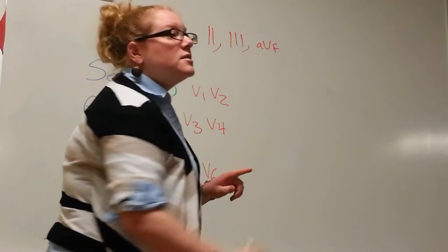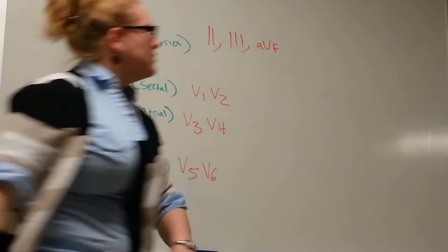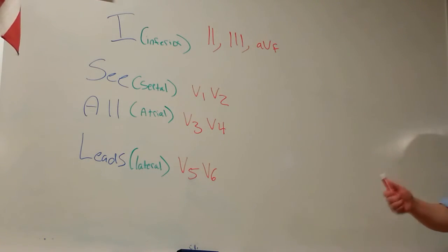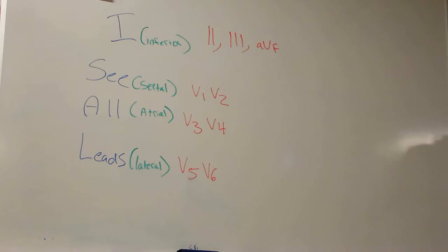All right, this is a very quick and easy way to remember. Damn it. This is a very quick and easy way. That government, right? I know, right? Always keeping me down. But again, this is a really quick and easy way to remember what ST segment means